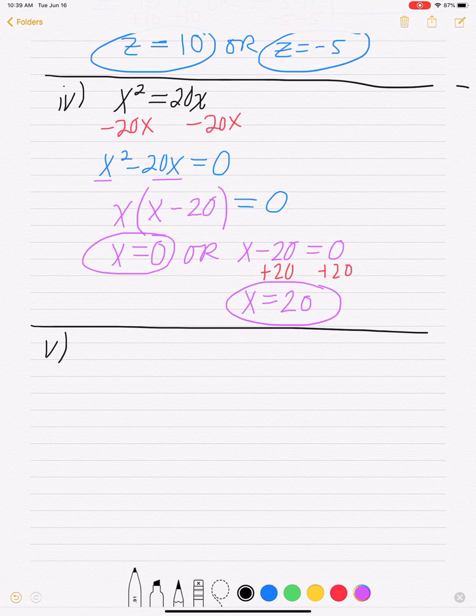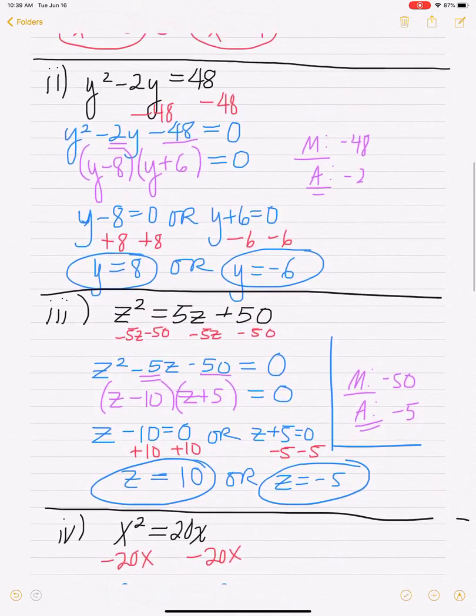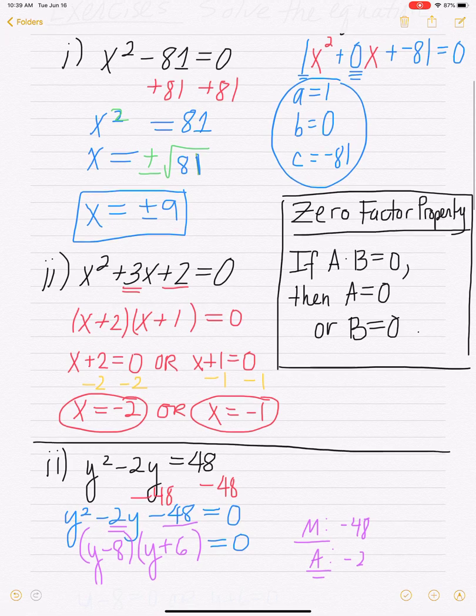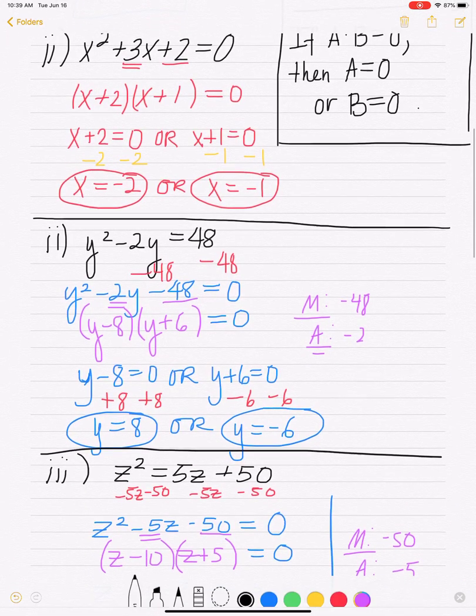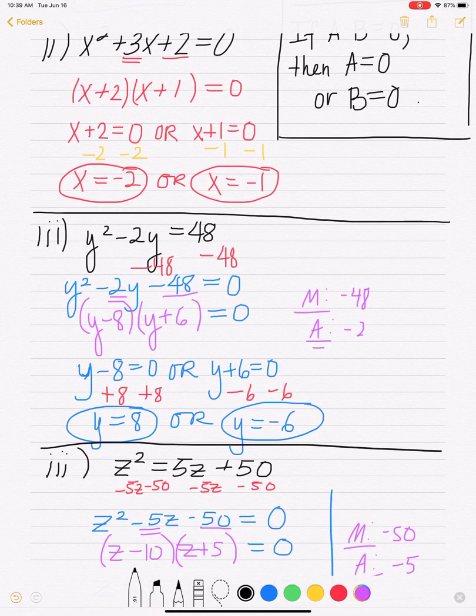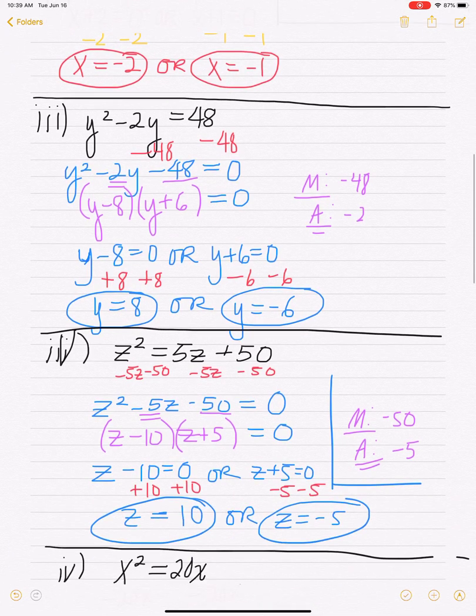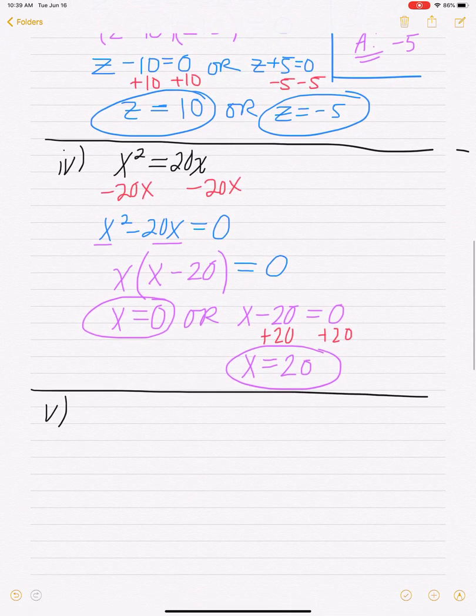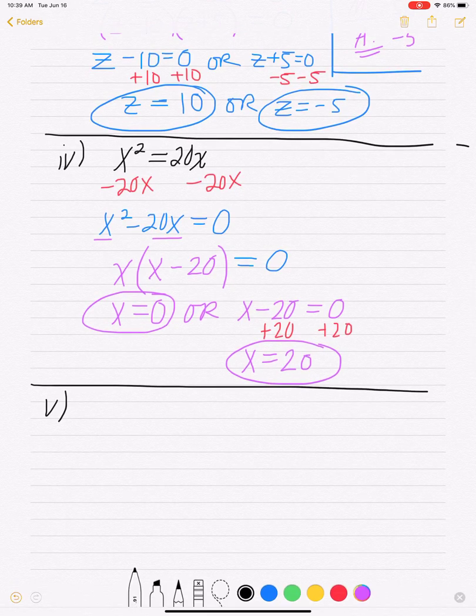Is this number 5? Let me count. Ooh, I miscounted. I got my numbers mixed up. This should be a number 3. Should be a number 4. This should be a number 5, and the one we're starting should be a number 6. Okay, I miscounted. What if I were to have 5x